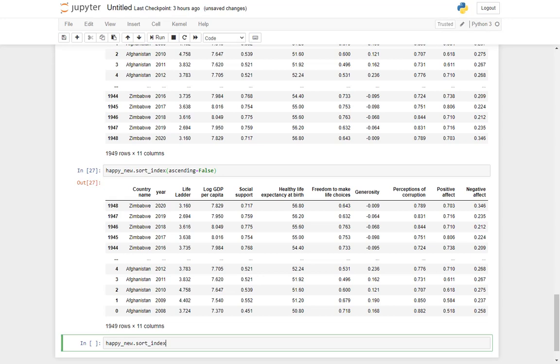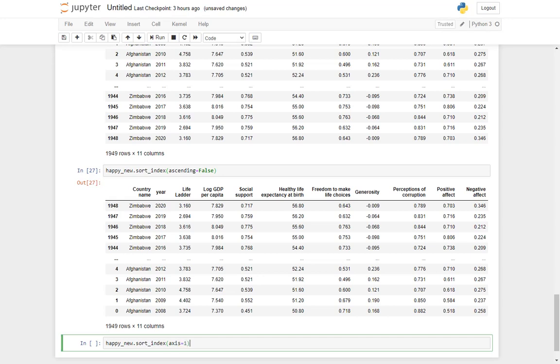Now again we look back to our previous practical when we were working with axis. What are axes? Axis 0 means rows, axis 1 means columns, right? So if you now want to sort the columns, we'll make the value of axis equal to 1.